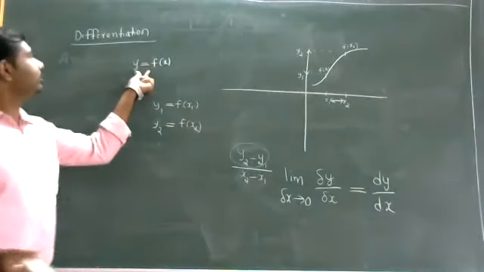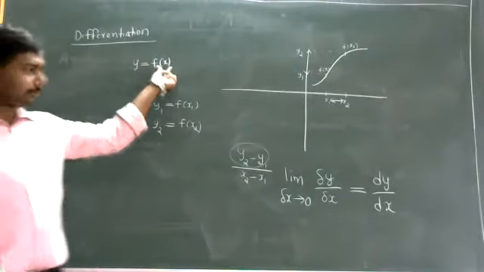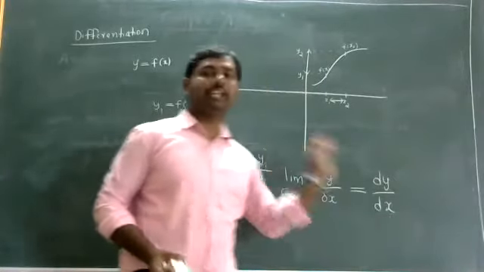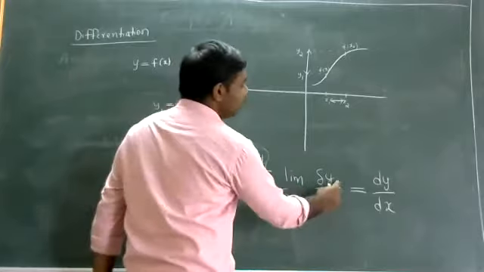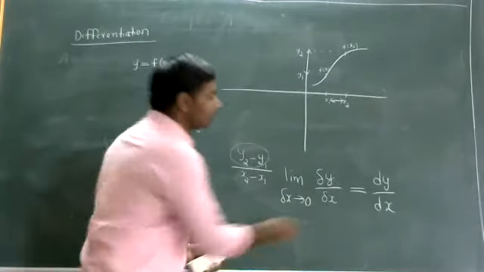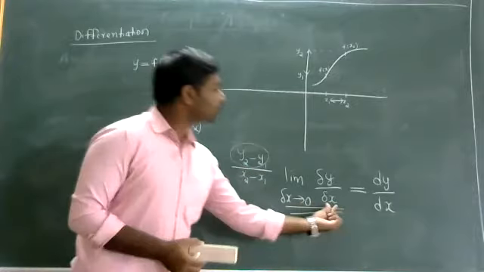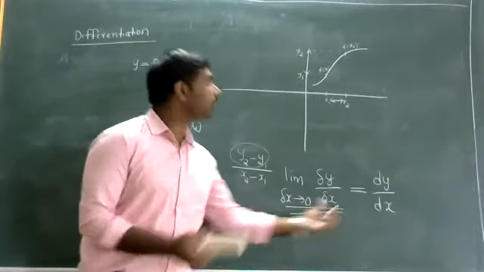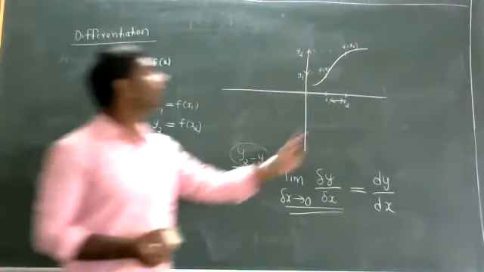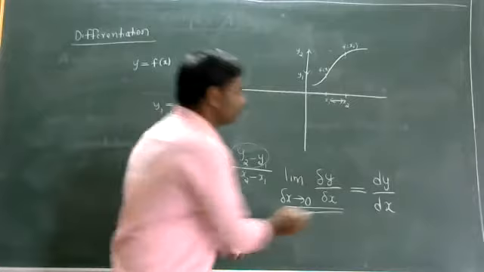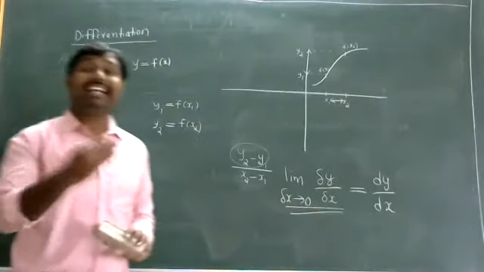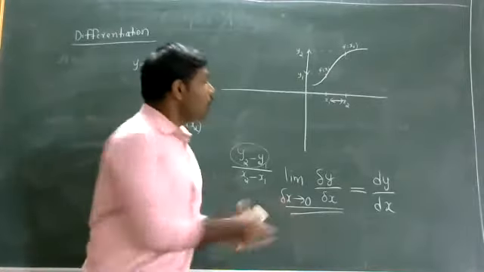So for any function y is equal to f of x, dy by dx, differentiation of y with respect to x, is nothing but the limit of delta y by delta x as delta x approaches 0. So this means, for the change which I am giving to the domain value, for a smaller change, as delta x approaches 0, meaning for a negligible change in x value, what is the